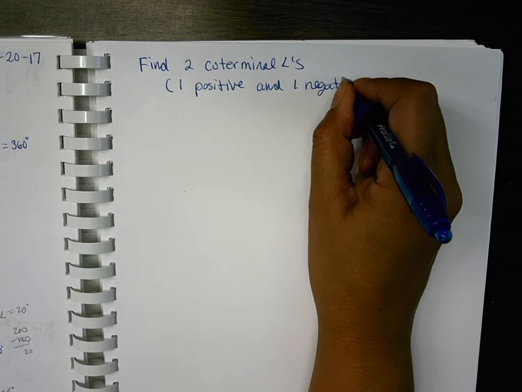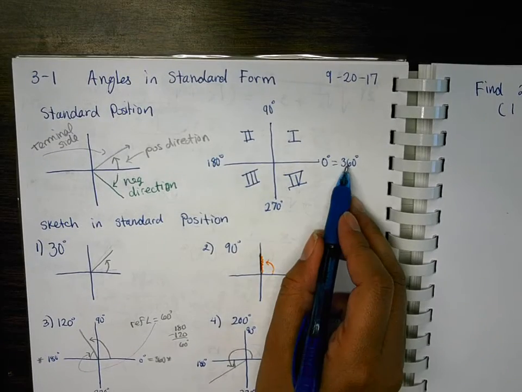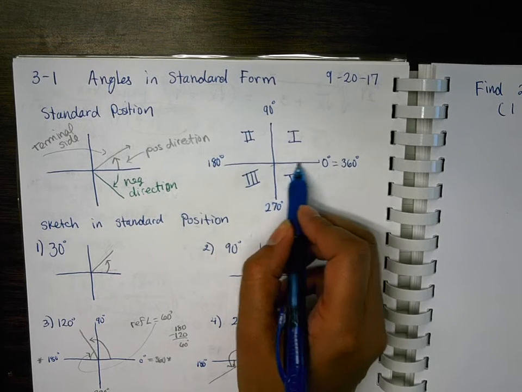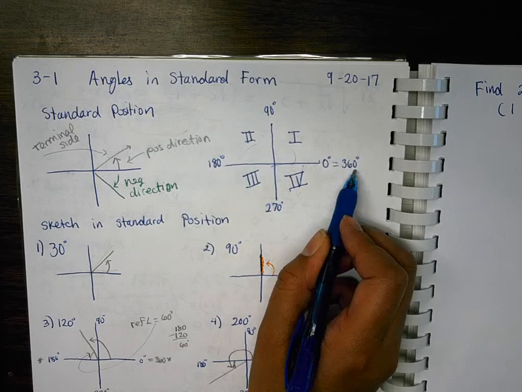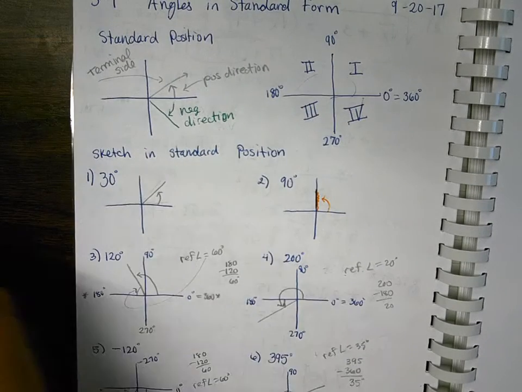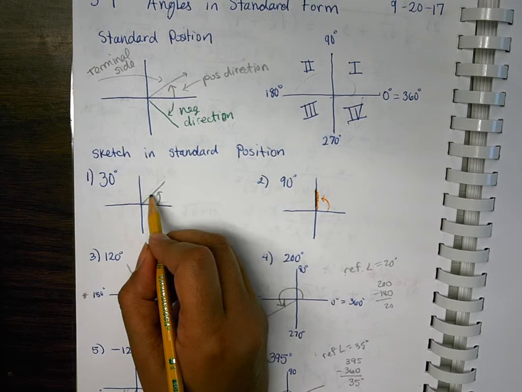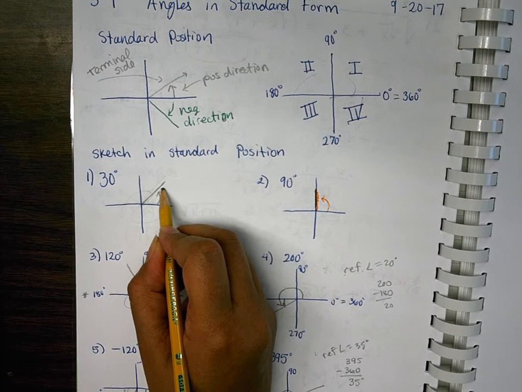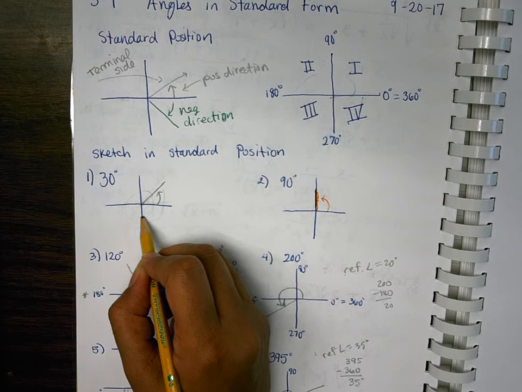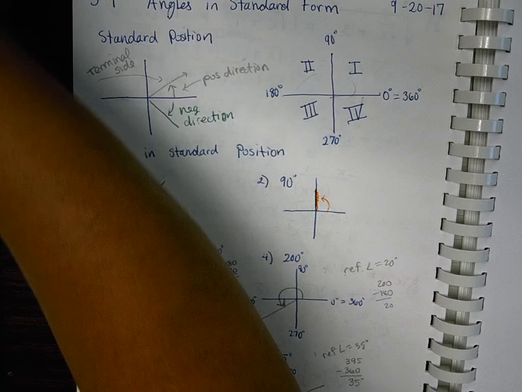Now you said add and subtract. Do you remember from doing that last year? Okay. All right, so remember earlier when I said 0 and 360 are coterminal? Because 0 is here, and if I go all the way around, I'm still at the 0 mark, but now it's 360. Yes? Okay, so if I wanted to find a coterminal to 30, do you agree if from here I added 360, I would end up back where I started? If from the 30 I subtracted 360, I'd also end up back where I started. Do you guys remember that? All right, so